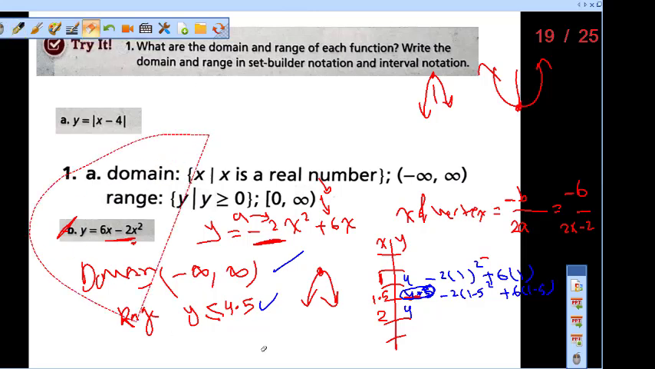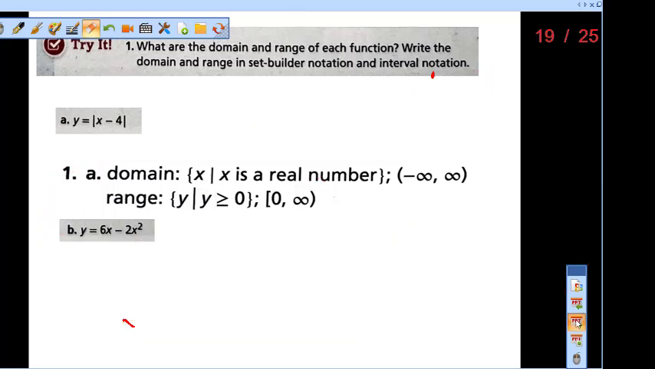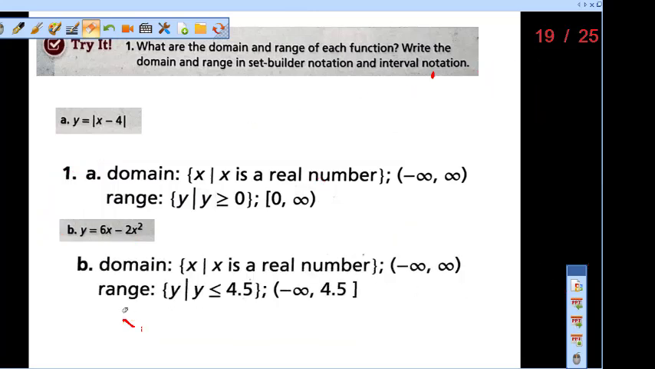set builder notation, x given that x, just like this one, guys. Okay,